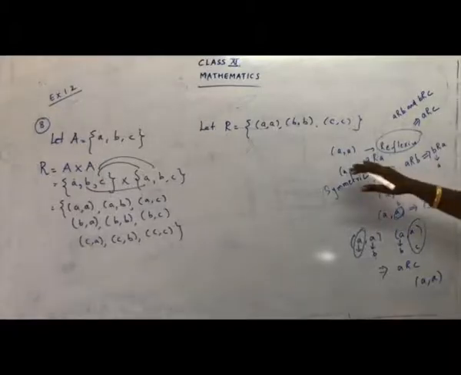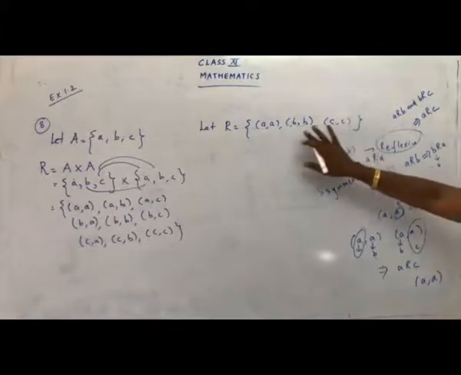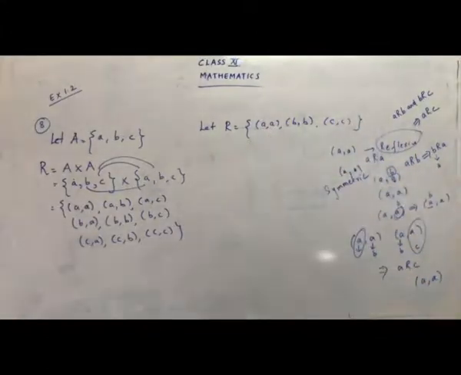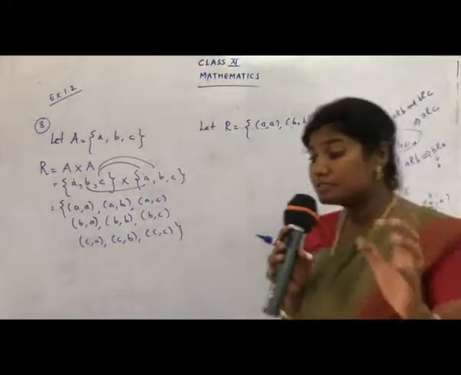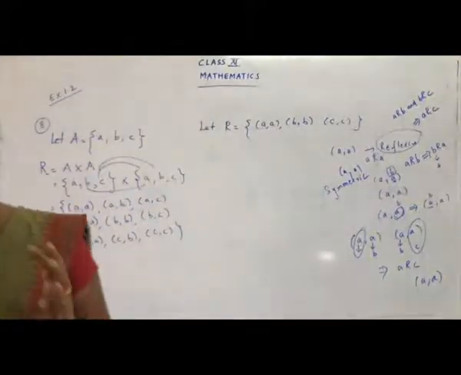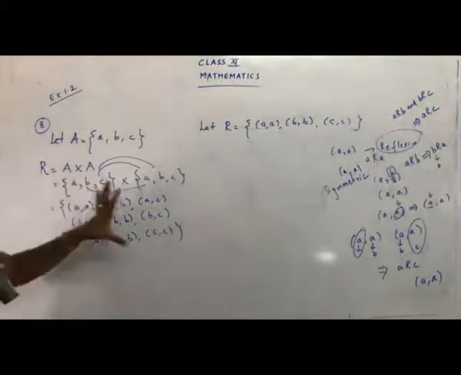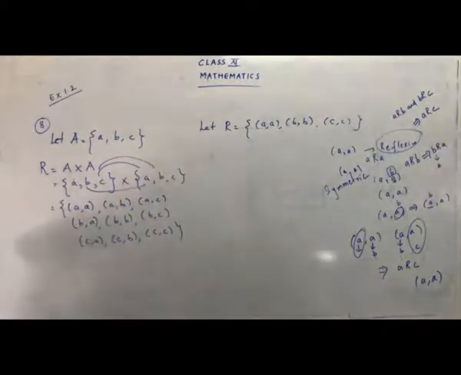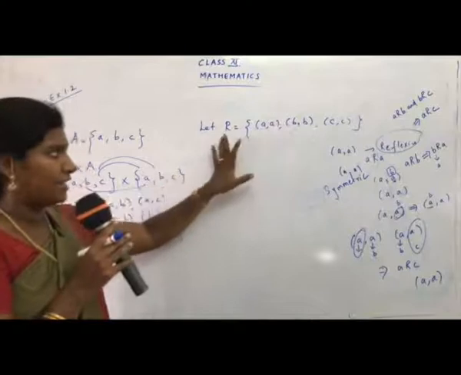So from a particular pair, I have checked for AA, similarly you can check for BB and also you can check for CC. So what happens with the first pair AA? With the first pair AA, we say that R is reflexive, R is symmetric and also R is transitive. We are choosing the same pairs because we have to find the smallest cardinality which is also an equivalence relation. So do not bring all the pairs for the smallest cardinality. Choose the smallest and try to show that it is reflexive, symmetric and transitive.